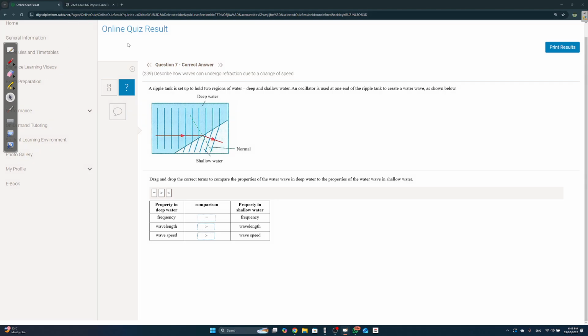So what do you need to know? We need to know that for a wave, the frequency is always the same. Look at this: V is equal to lambda times F. If frequency is the same, and you know that obviously in shallow water it's slower,